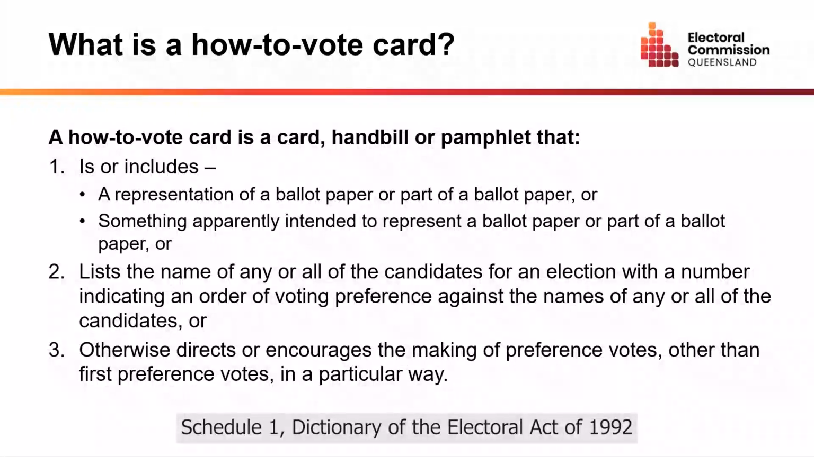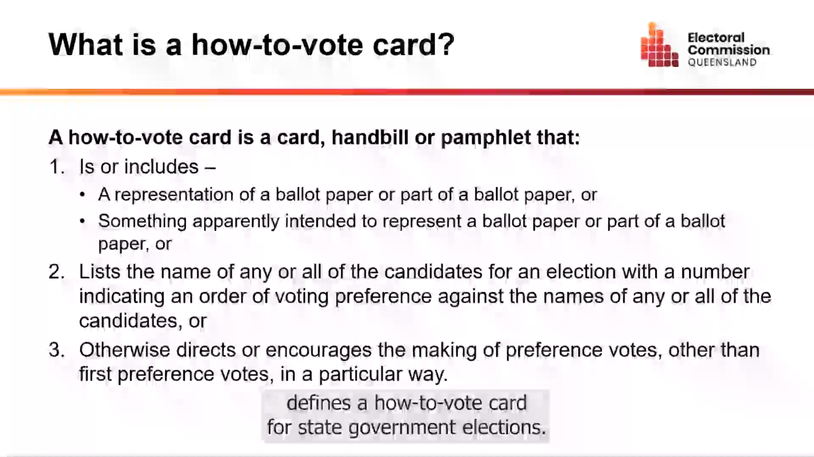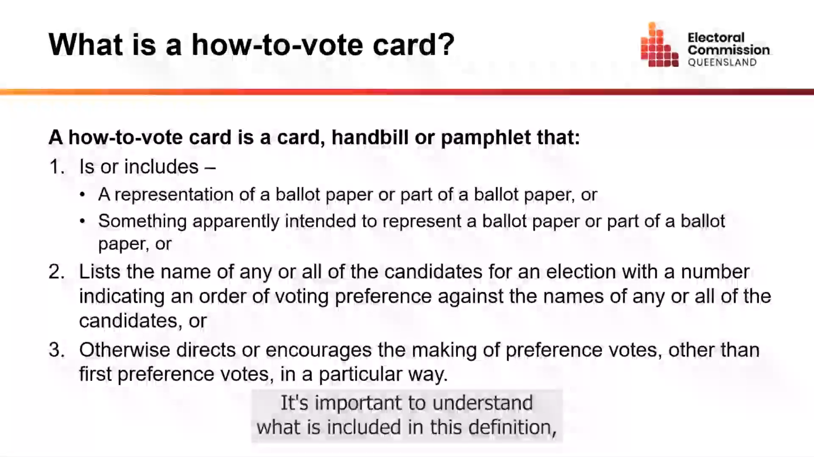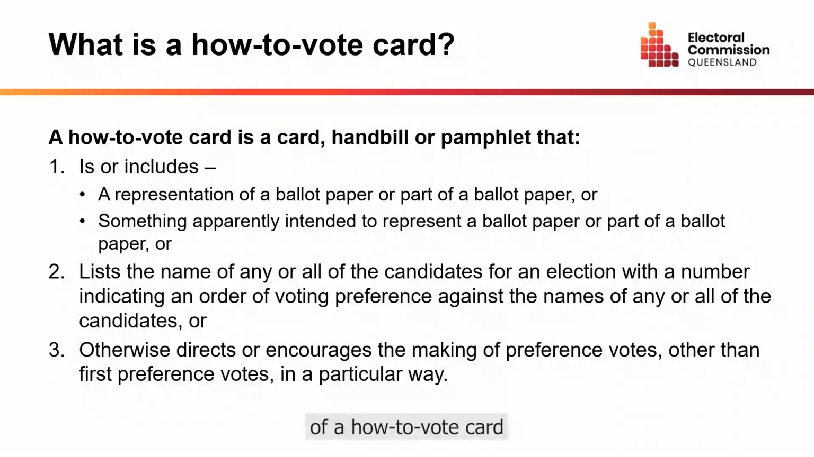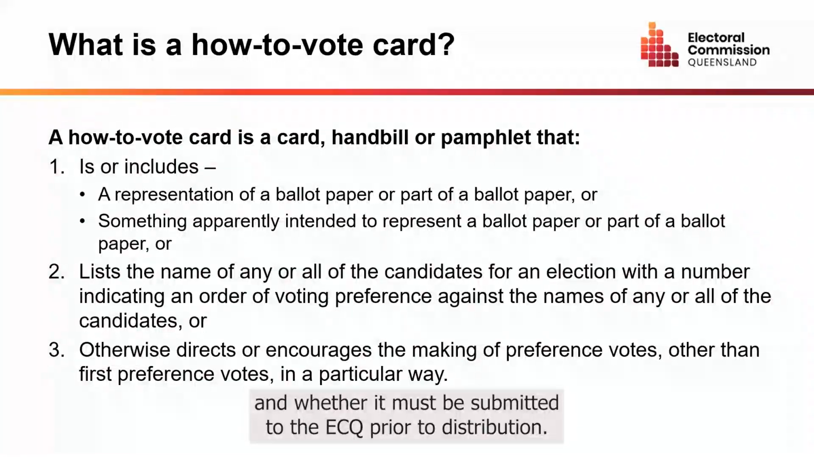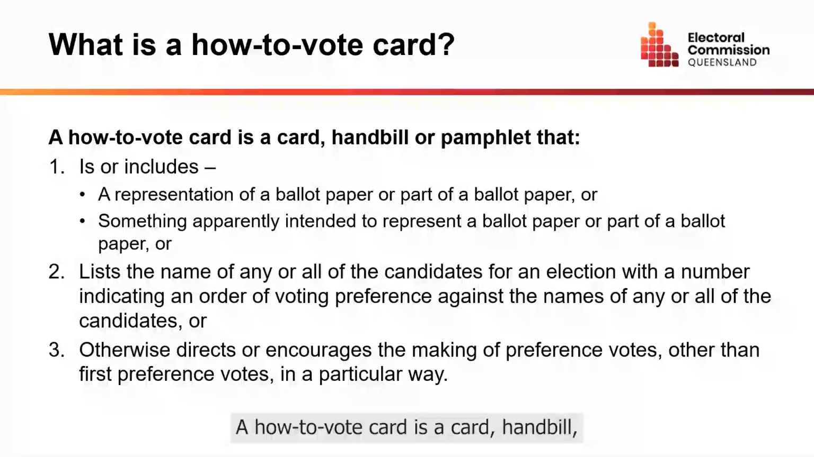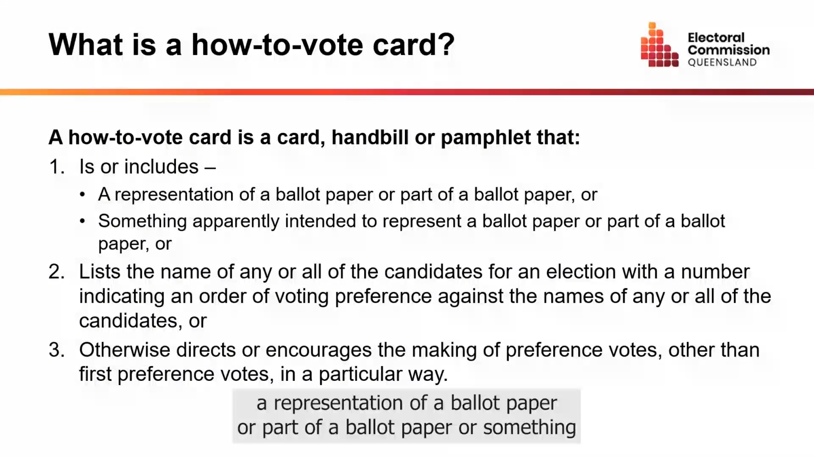Schedule 1 Dictionary of the Electoral Act of 1992 defines a how-to-vote card for state government elections. It's important to understand what is included in this definition, as this will tell us whether a card needs to meet the compliance requirements of a how-to-vote card and whether it must be submitted to the ECQ prior to distribution. A how-to-vote card is a card, handbill, or pamphlet that is or includes a representation of